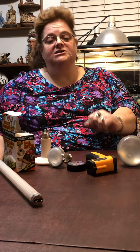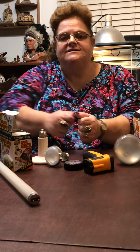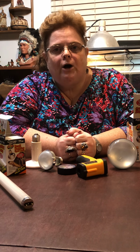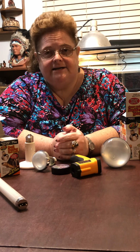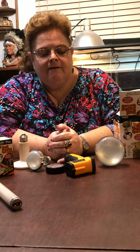Now, we're going to talk about this. This is very important. Do not use a colored bulb for heat for your bearded dragon. I know there are a lot of people that use them for snakes. I am not a snake expert for sure. But I will tell you in the research that I've gone through that